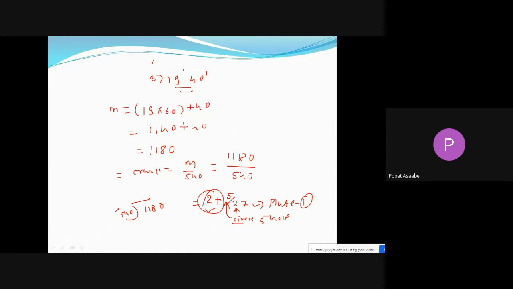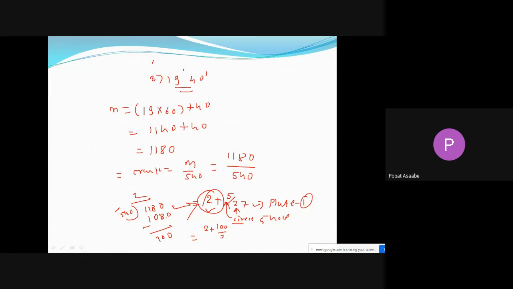In this fashion also, you can find this out. In this manner also, we can find it out like this. Suppose we multiply it by 2. The answer will be 80. What is remaining? 100 is remaining. Now we can write here like this, 2 plus 100 divided by